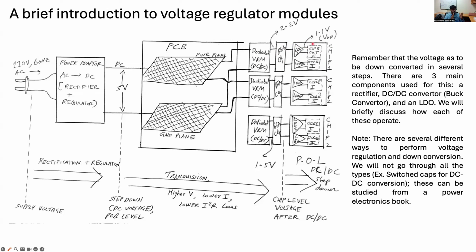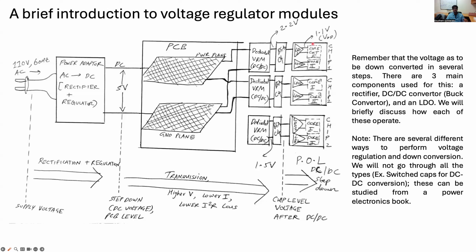If you look at the power that's actually supplied to the PCB, one of the questions you might have is why not just start with supplying a low voltage? Why not just supply the core voltage, or the voltage required by the chip, directly at the PCB side? The reason you don't do this is because you always want to supply the power at an elevated voltage at the PCB input, because supplying power at an elevated voltage would reduce the current for the same value of power. So you can reduce the IR drops as well as the I square R ohmic losses in the conductors when